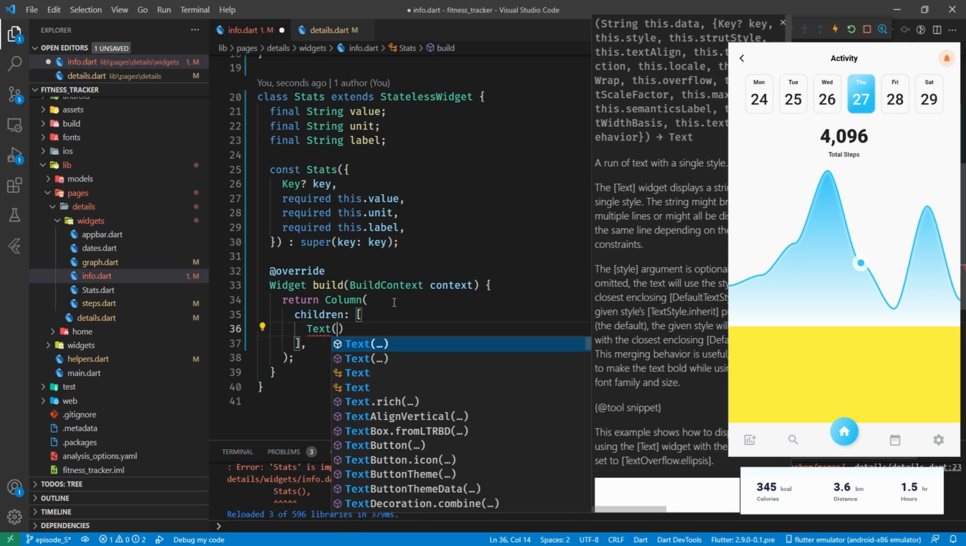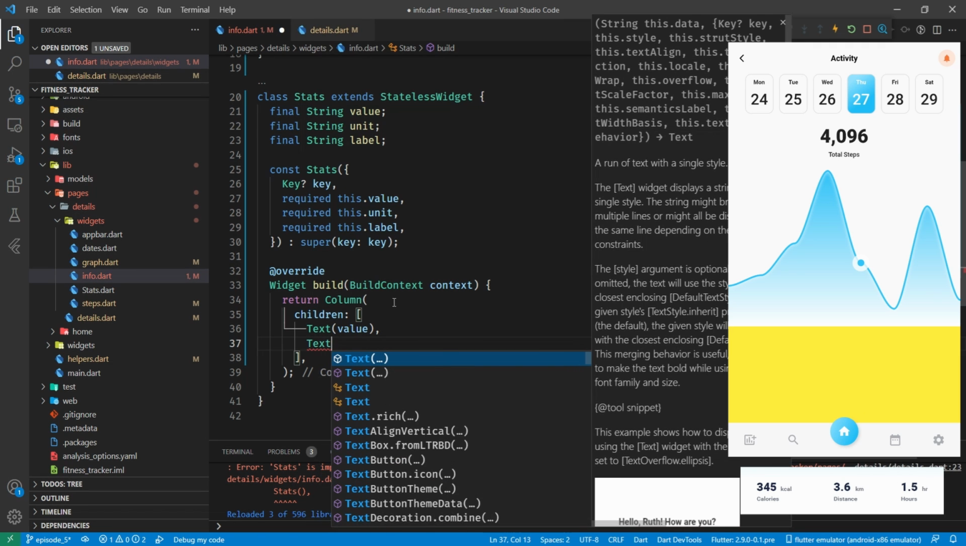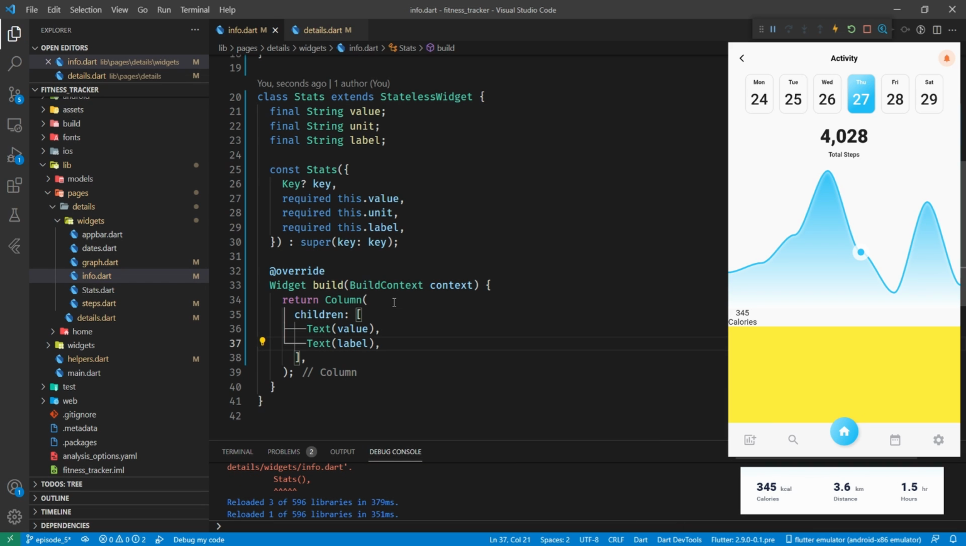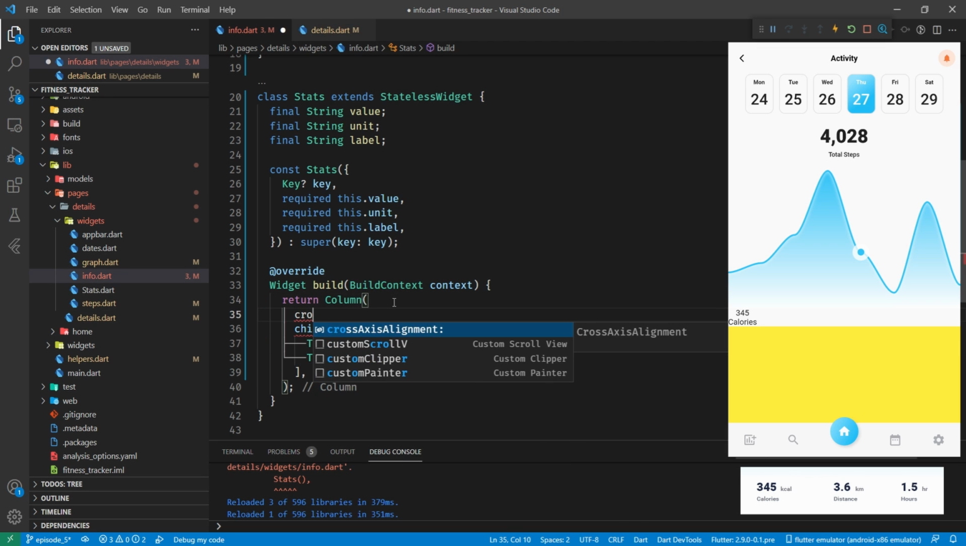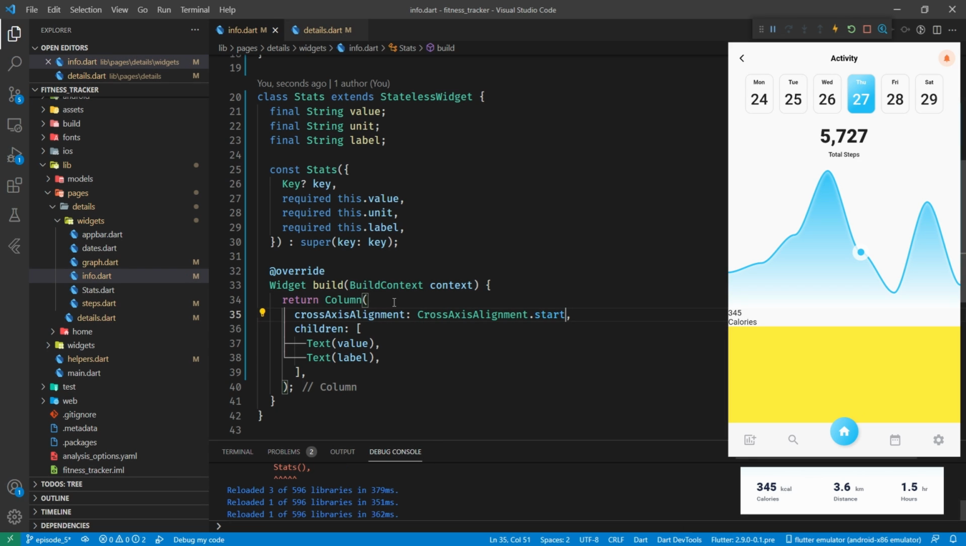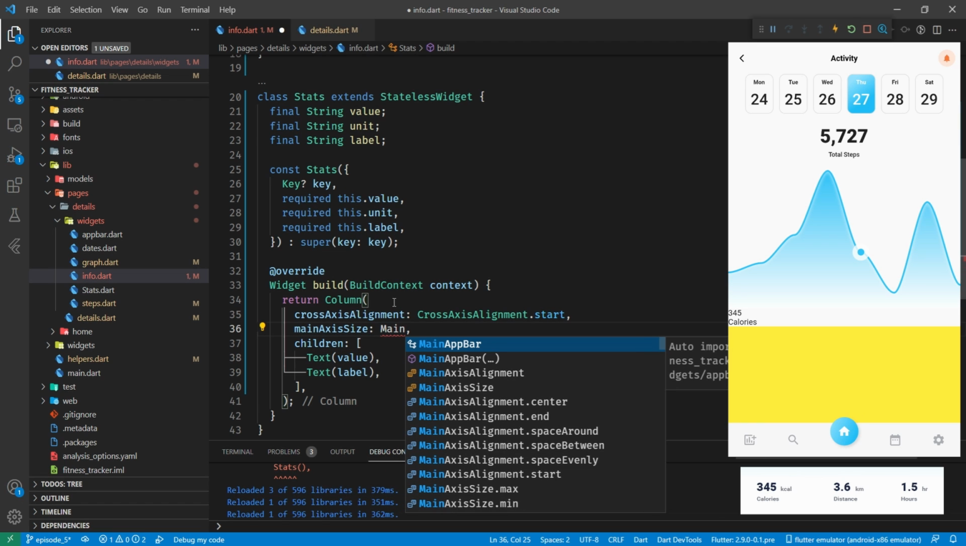So let's start with the basics. Let's start by putting our value as a text, and then on the next line we're going to put our label. So let's just put that in and take a look at that, and let's style that. So first of all, in our column we want our cross-axis alignment to be cross-axis alignment start, so it's all over on the left hand side, and as a column we also want to make sure that it takes up the minimum amount of size, so we're going to do main axis size min,